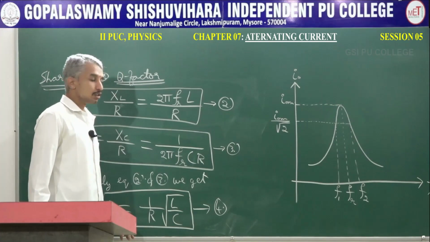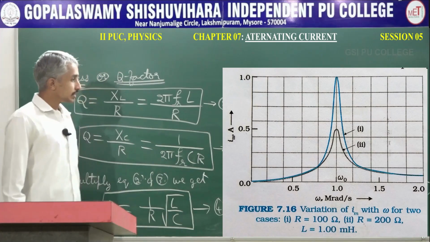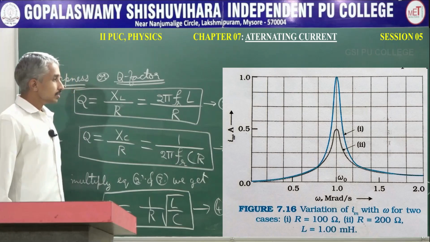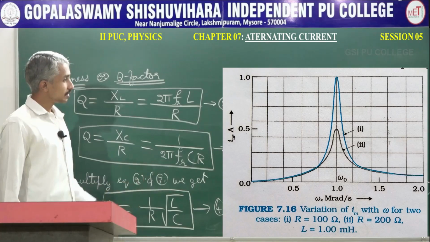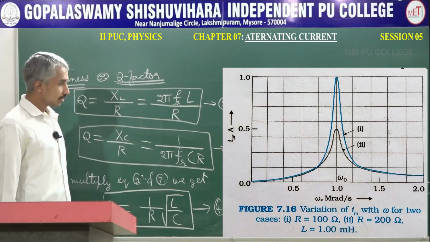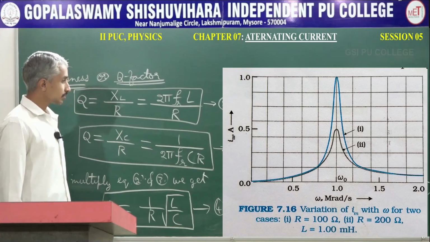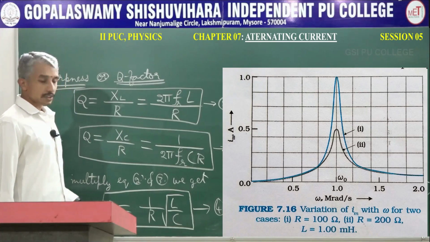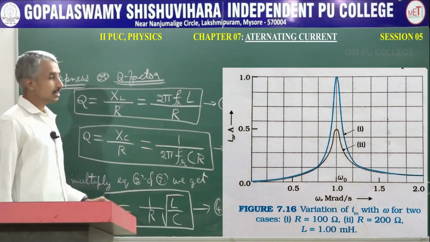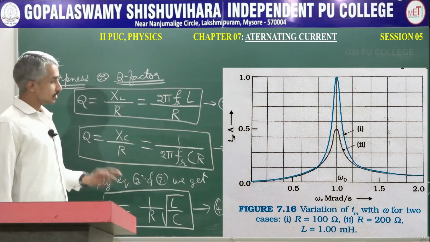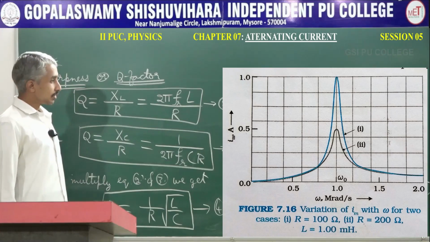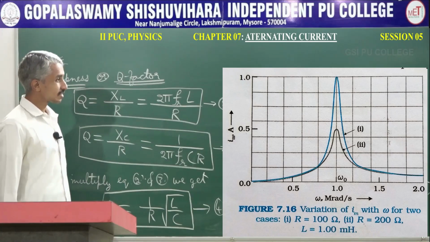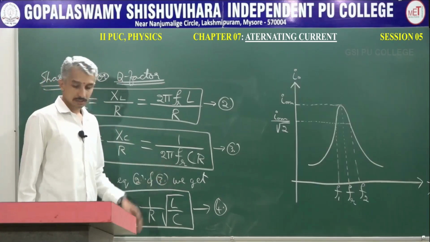In your NCERT, we have this diagram which is showing the graph of frequency versus the peak current in the circuit. In the graph here, they have taken the angular frequency, doesn't matter. So you see there, for a given series LCR circuit, for a given resonant frequency, if you want to keep the resonant frequency the same but increase the sharpness, then you have to change the resistance. So by changing the resistance, the sharpness increases. Now let us further see how it is.